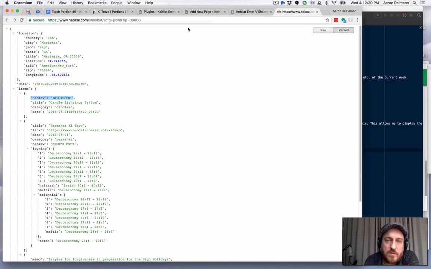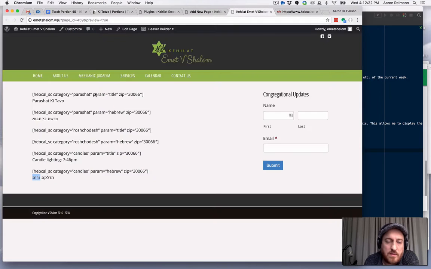But anyway, you can at least get the English candle lighting time, and you can get which portion of the week. So you can take those shortcodes and make good use of them. You should be able to use them within the title of a page because I've got a little code in there that does that. Or you could take them and put them in